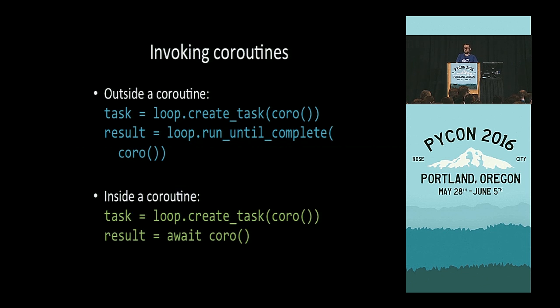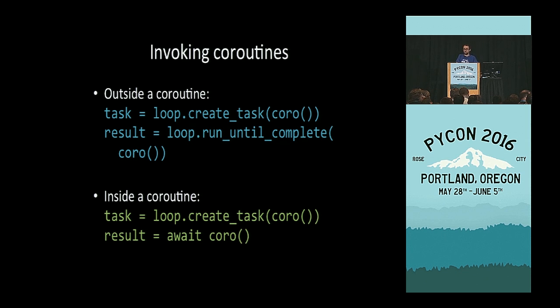So just to summarize this, you now understand async IO, you can just go forth and spread the gospel. From the blocking world, you invoke coroutines by either creating tasks on the loop and saying, hey, when you're running, these are the things that you have to handle. Or you can simply say to the loop, I'm going to wait as long as it takes, run until complete. If you're inside a coroutine, again, you can create tasks. So you can say, I don't care when this is going to be executed, but just handle it. Or you can await, which means I'm going to wait as long as it takes and only continue my execution afterwards.